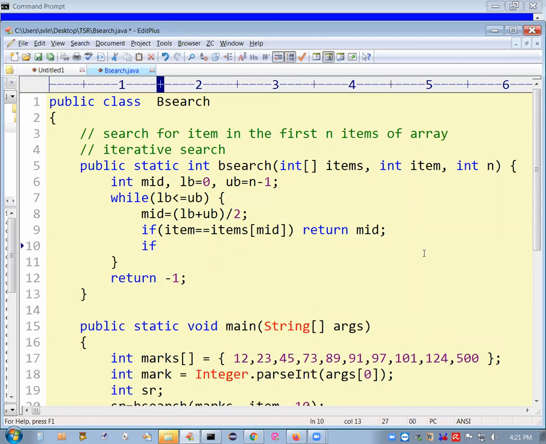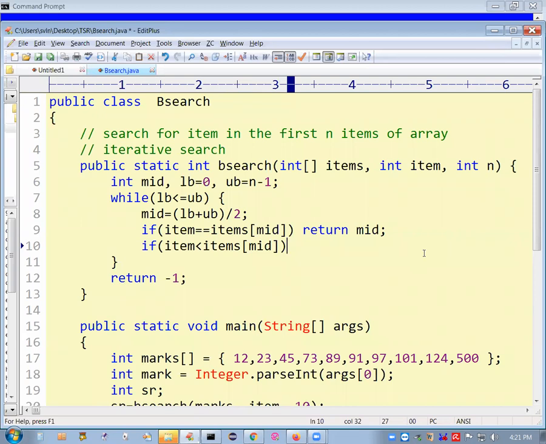If it is not matching, one of them is likely to happen. Either the item may be less than that or the item may be greater than that. So for the next iteration, you have to take care of it. If item is less than items of mid, what to do?